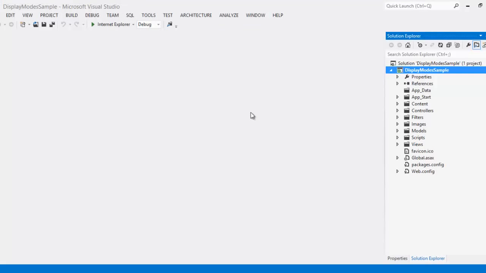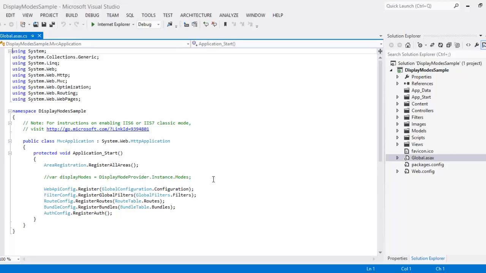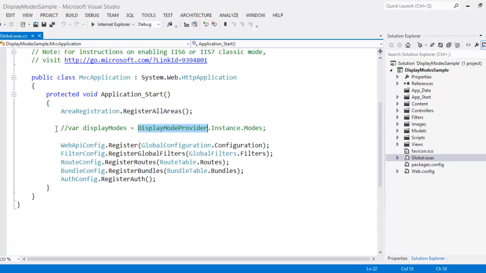Now I'm going to get into the details of display modes. Out of the box, ASP.NET MVC4 comes with two display modes, one for mobile, one for desktop. To show that, I'm going to global.asax. In the global.asax, I already have one line of code written which is commented. That is DisplayModeProvider, a very important class when you are dealing with display modes. It has a property called Instance, and Instance has another property called Modes, which returns the list of display modes available